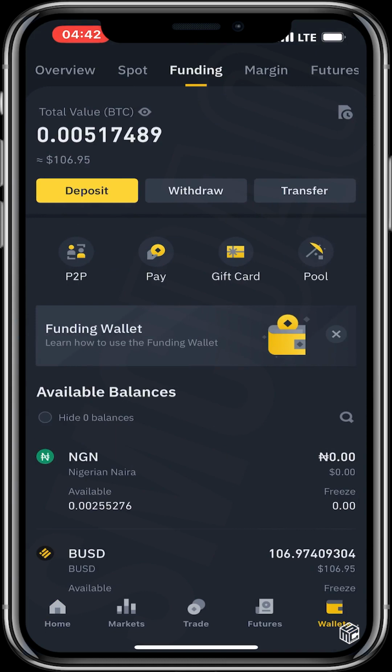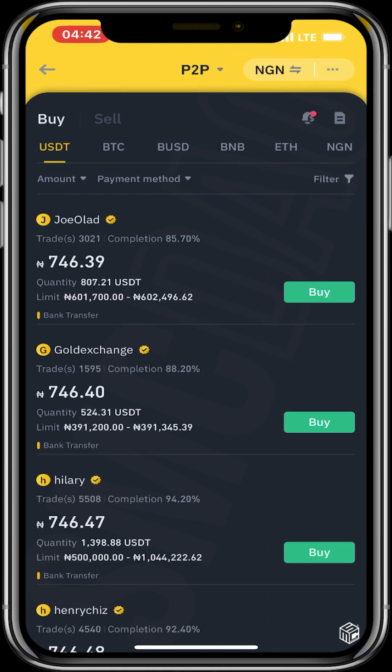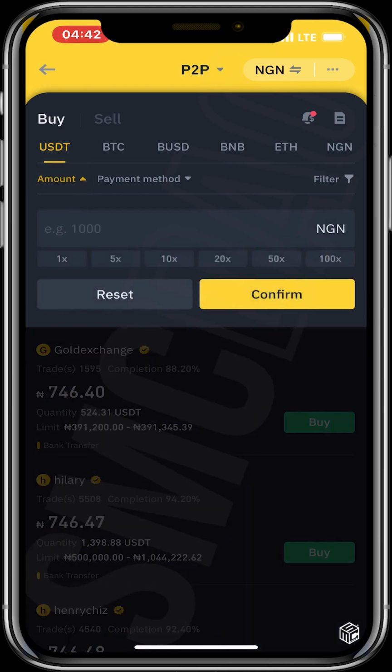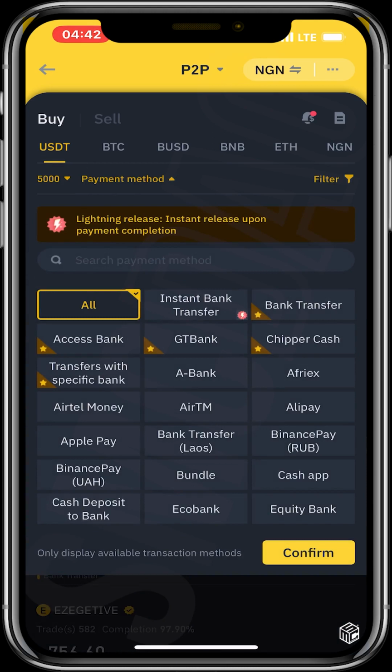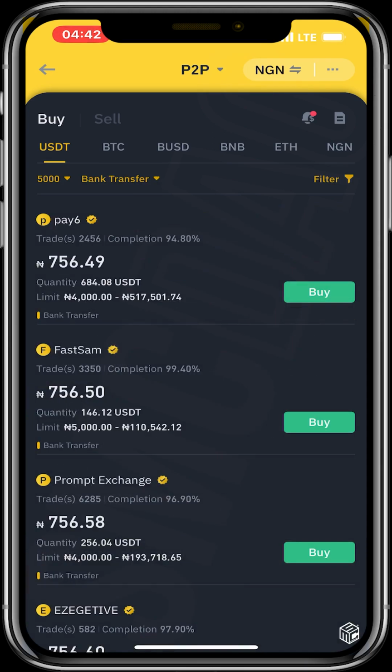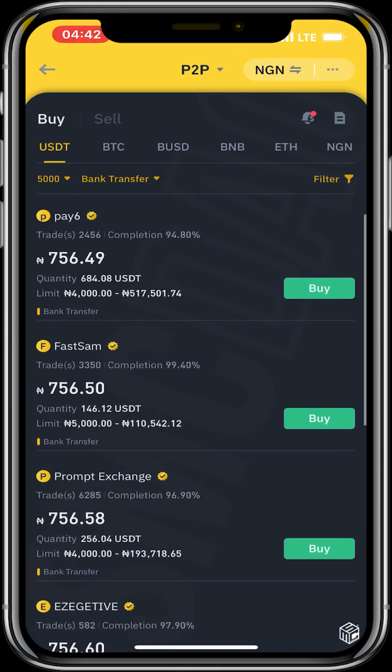Now when you are in funding, I already have $100 here, but just in case you want to buy USDT or BNB with your Naira account, you just click on P2P, and then having clicked on P2P, you click on buy USDT, and then you put the amount, let's say 5,000 Naira. You confirm, and then click on bank transfer and confirm this. Now you select a vendor with good trades and a completion rate, for example pay 6, and then I click on buy,